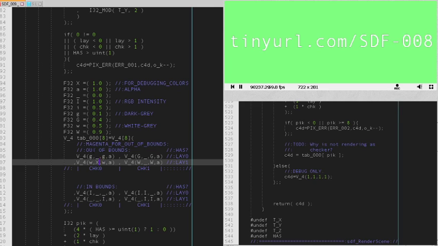Out of bounds, it makes sense that we're always going to be on one layer or the other, because the camera right now is perpendicular to our layer cross sections, right? So the camera is always in one layer at this moment in time. That's what I expected for that. Now, as far as this checker pattern only being